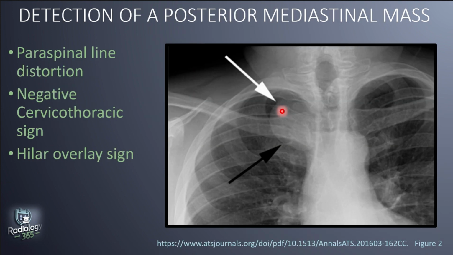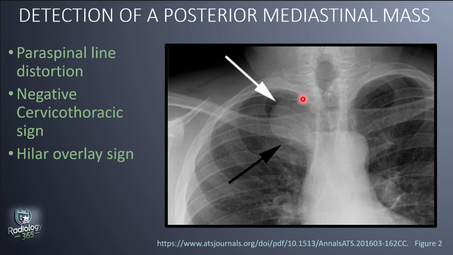Then for posterior mediastinal masses, distortion or displacement of the paraspinal lines suggests paravertebral disease. Also, a mass that extends above the clavicles is a strong indicator of a posterior mediastinal lesion, as the anterior mediastinum ends at the level of the clavicles. Also, a negative cervicothoracic sign, which we'll come to understand in the next set of slides, would suggest a posterior